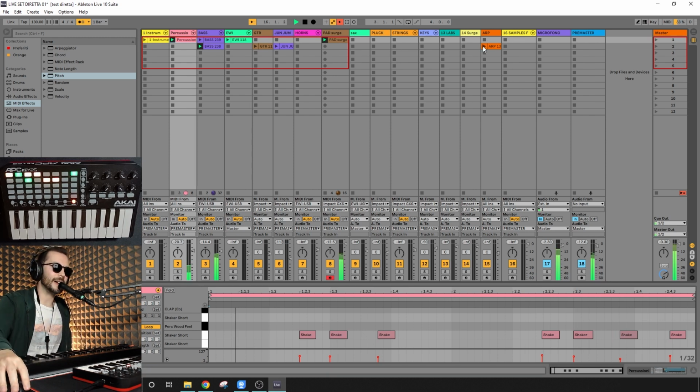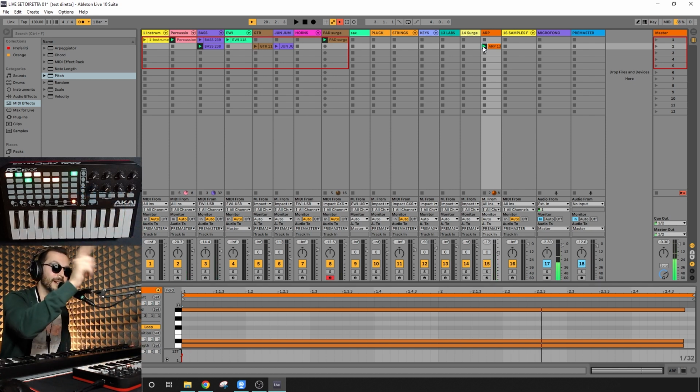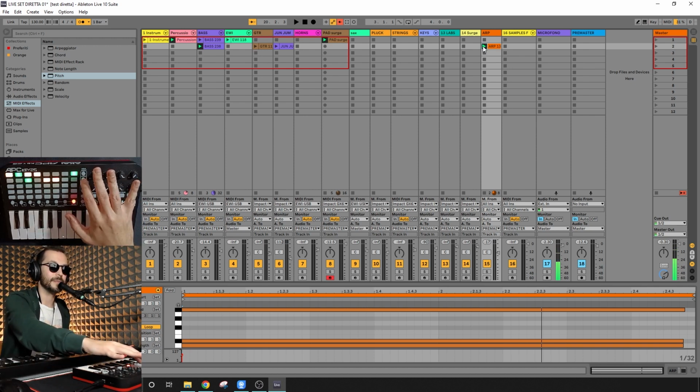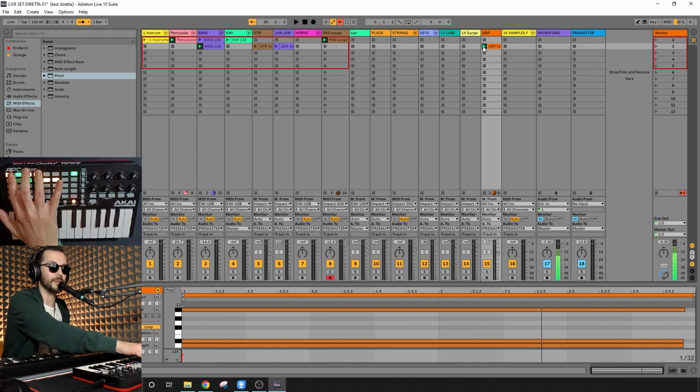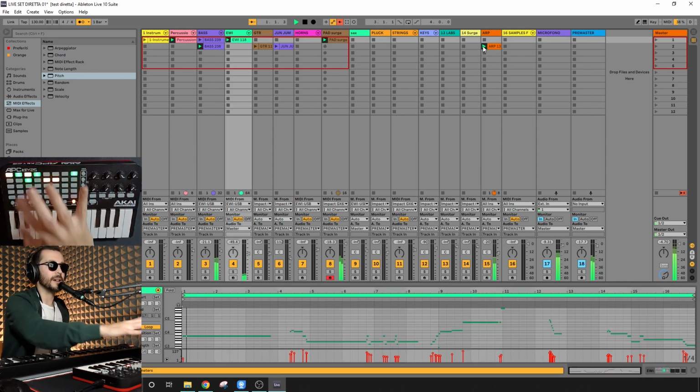And then I added the harp, which is supposed to be played only in the B section, which means that it is outside the grid. So in order to launch it, I have to click on it with the mouse or to use the scene number 2 in combination with all the other keys. And then when I was satisfied of the sound,